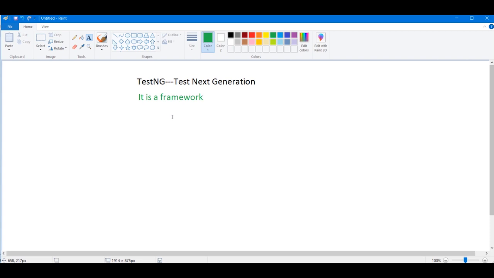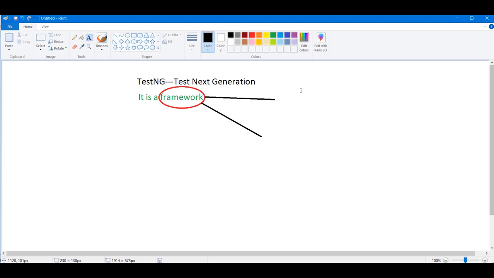Okay guys, but why do we need this framework? Is there any need why we want this type of framework? Yes guys, yes. Now just understand this thing very well guys. For TestNG to build a framework, there are two units. You have seen that guys, there are two units, first and second.